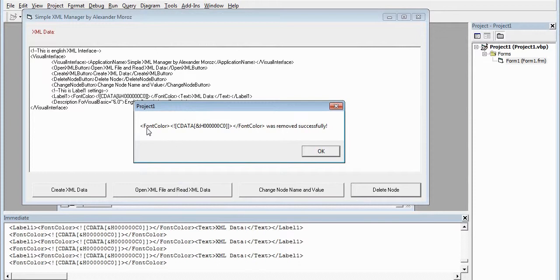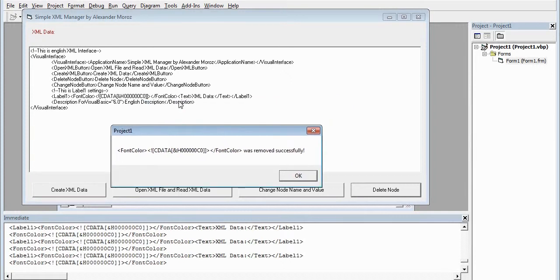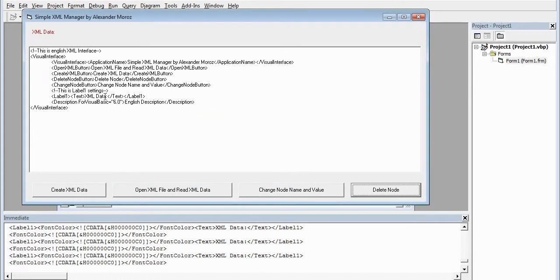Okay, here we go. It tells us we said .xml, so we bring what is inside of that font color node, the whole XML for the font color, and then it says it was removed successfully. If we click the OK button, it should remove our font node completely. Have a look, and it did. It doesn't have it anymore in the label 1 node. Okay, let's load it again. You can see I loaded from the XML file. We have the font color, and when I click delete node,